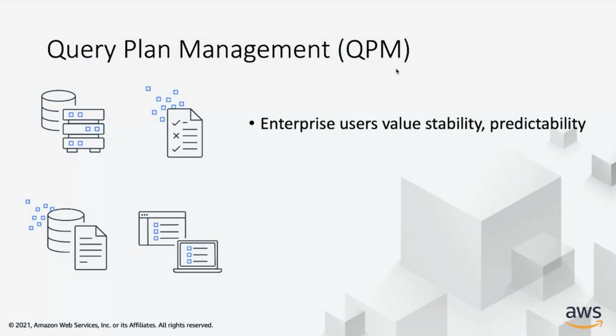And Oracle customers migrating to other engines like Aurora PostgreSQL want to be assured that they can protect themselves against plan regressions. So for those customers, and really for any Aurora PostgreSQL customer that needs to be assured of stability,